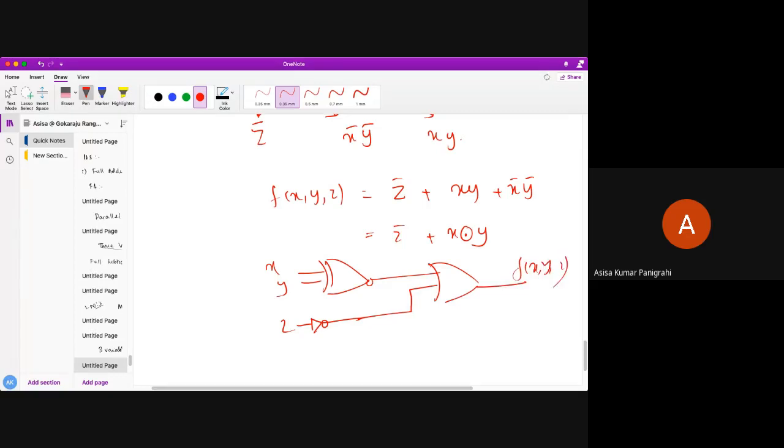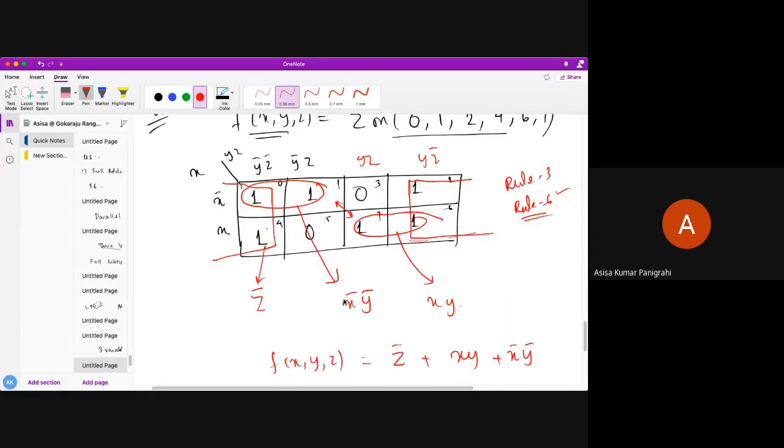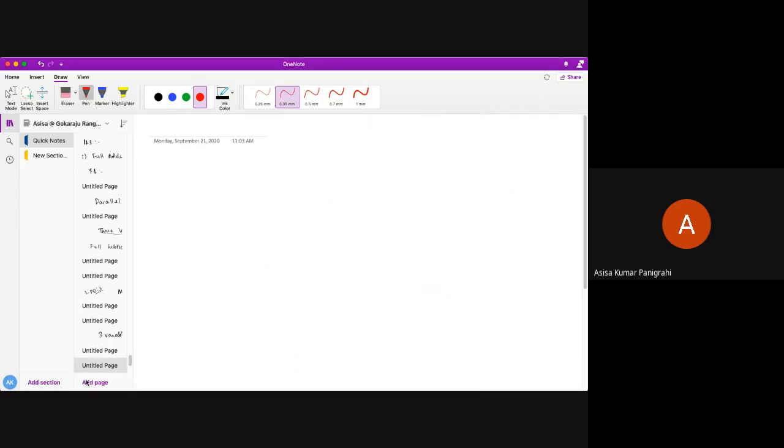Okay, very simple. Do you all understand, students? What are the rules we have applied here? Rule number 3 and rule number 6. We have combined this type of combination using rule number 6. Rule number 3 is that a min term can be combined more than once if it gives me the minimum number of literals. Next, we'll do some more questions so that you become more acquainted with it. I'm taking a lot of classes on KMap because it will be a minimum of 15 to 20 marks. So you can expect 15 to 20 mark questions from it.